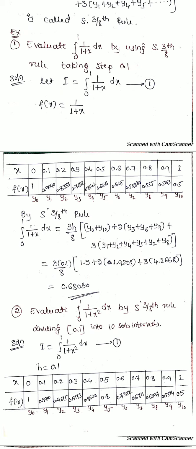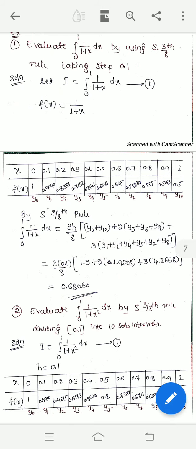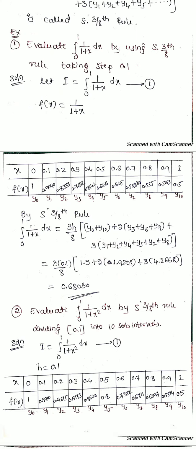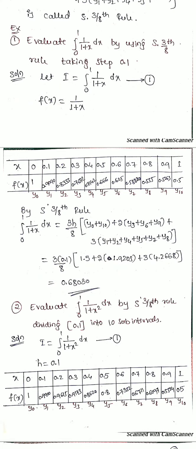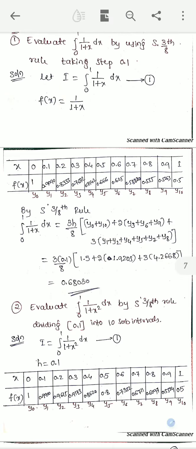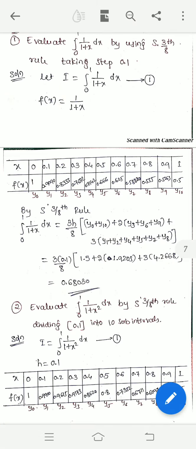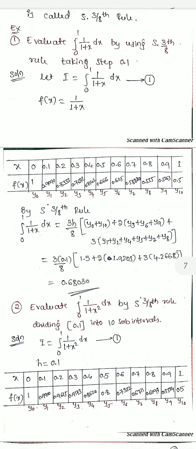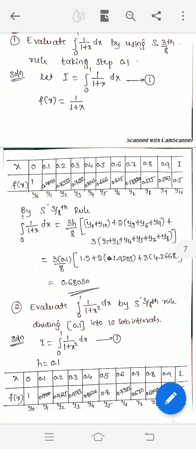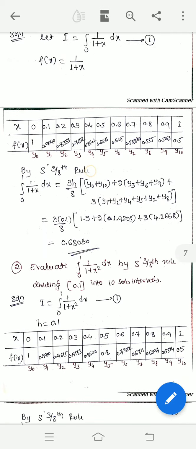If x equals 0, y equals 1. If x equals 0.1, y equals 0.9090. In a similar way, we substitute all these values in f of x and get the y values. Those y values are y0, y1, y2, y3, y4, and so on up to y10. So by using Simpson's